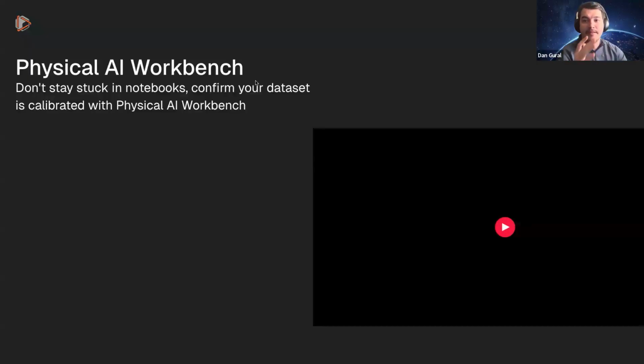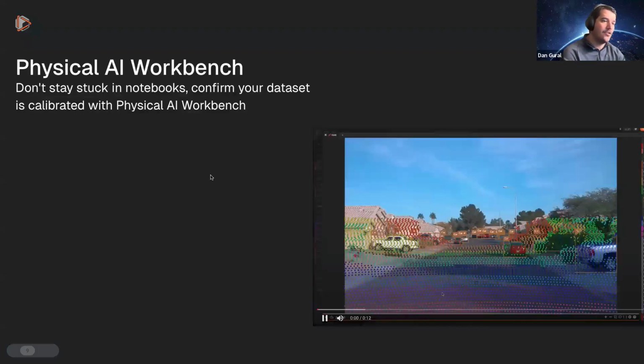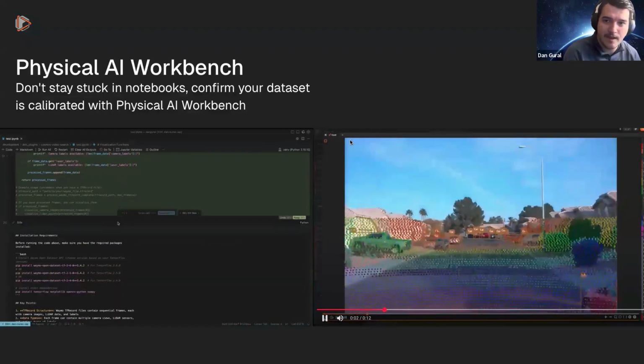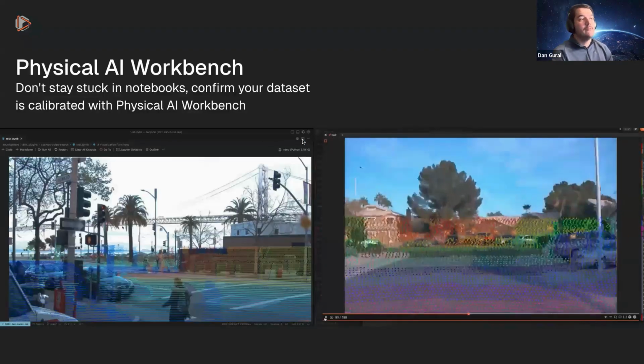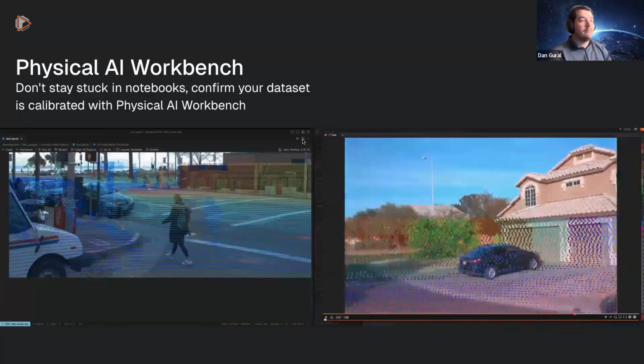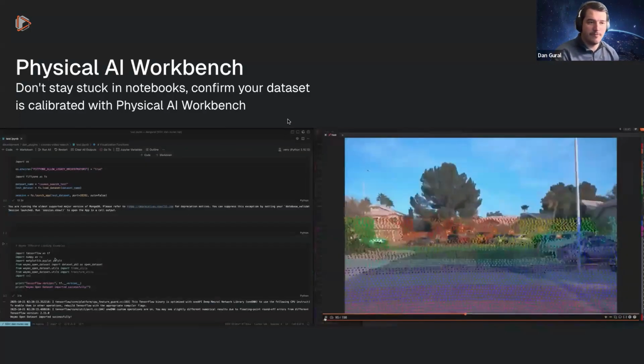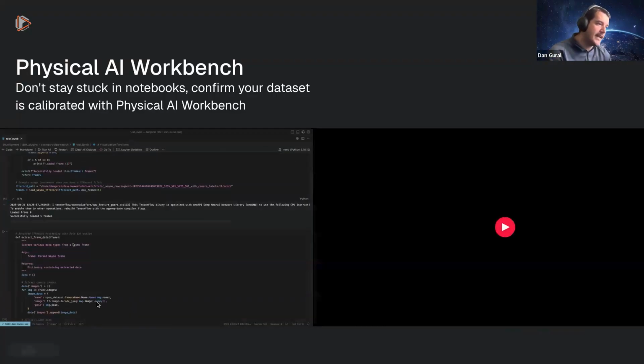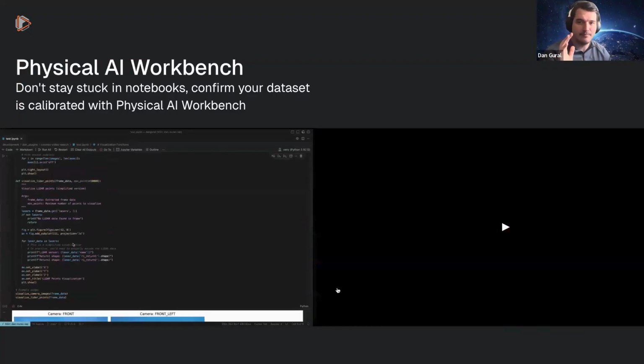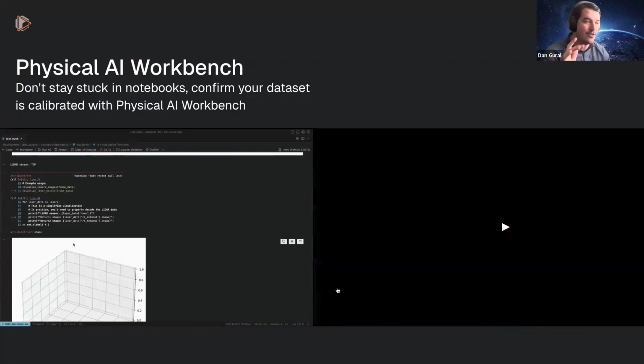So how do we fix this problem? This is where we have developed the Physical AI Workbench for you, a new product coming from Voxel51. It helps you not get stuck in notebooks. It helps you confirm your dataset is calibrated with a number of different checks that we're going to talk about, right? So getting out of this notebook, getting away from your friends sending you zip files